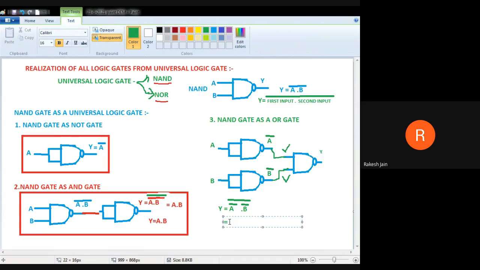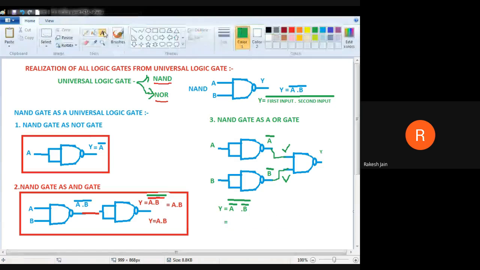Okay. Now see very carefully, if this is the output of this diagram. Now from the De Morgan theorem we know that if two things are multiplied with each other having a bar, they will be converted into plus having individual bars. Here X is A bar and Y is B bar, two things are there. So X bar plus Y bar means A bar having a bar plus B bar having a bar. Both things are separated with addition sign.